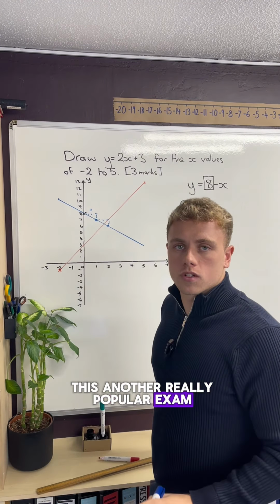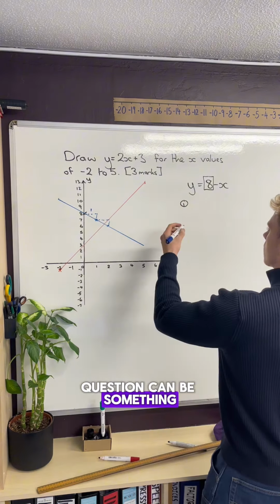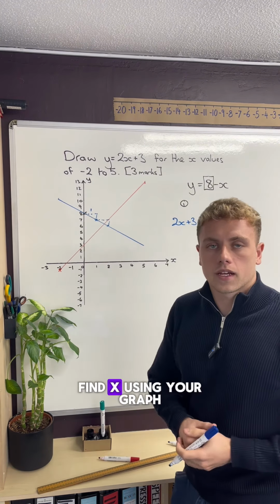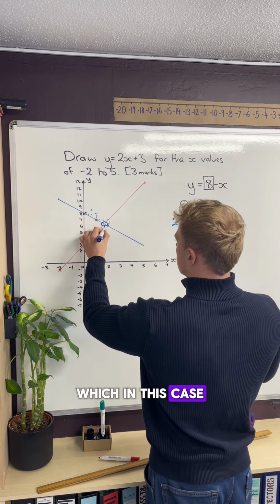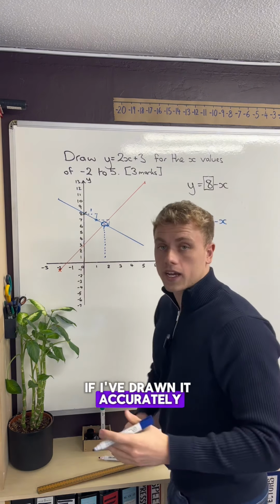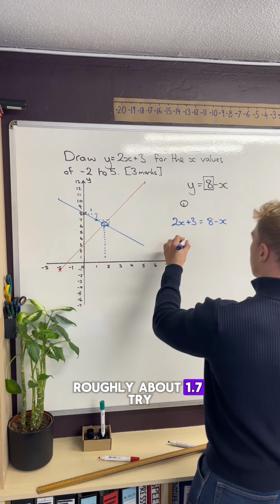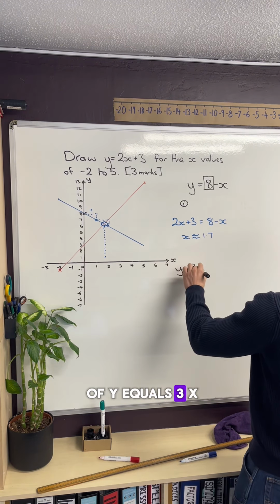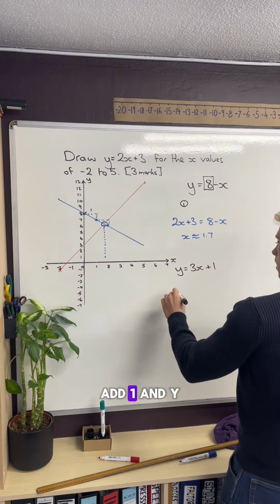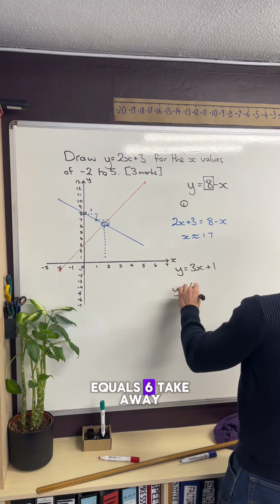Another really popular exam question can be something that looks like this, and it would say find x using your graph. Well, it's where they're going to cross, which in this case for us, if I've drawn it accurately, is roughly about 1.7. Try to draw the line of y equals 3x add 1 and y equals 6 take away